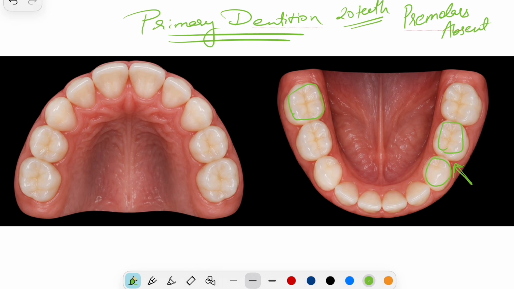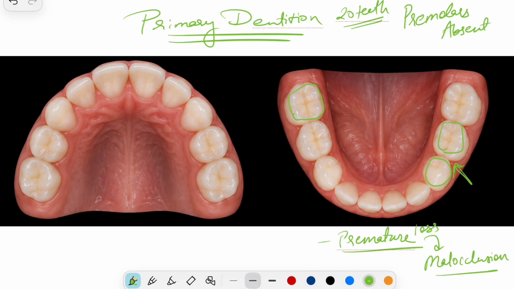And the importance of primary dentition is that they are extremely important during mastication, speech development, facial appearance, and guiding permanent teeth during eruption. And premature loss of primary dentition can lead to malocclusion